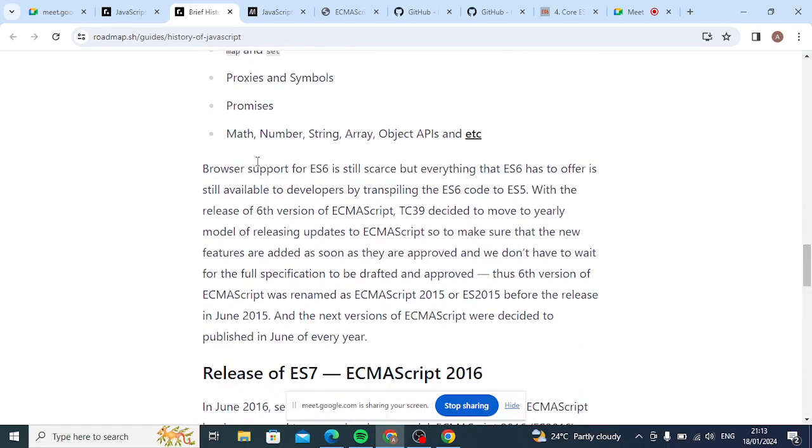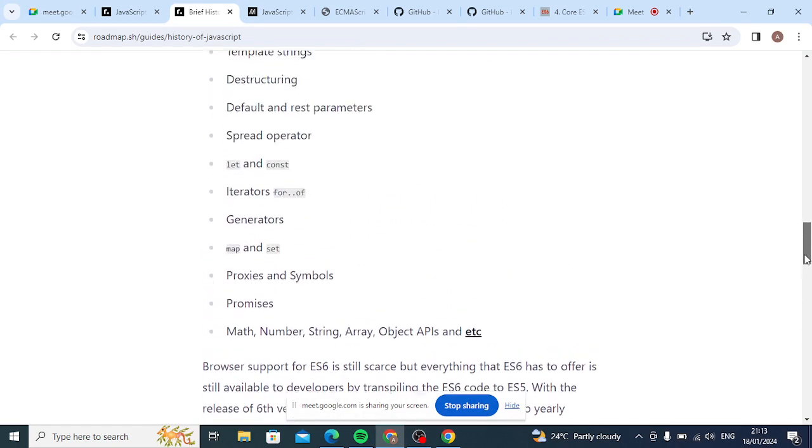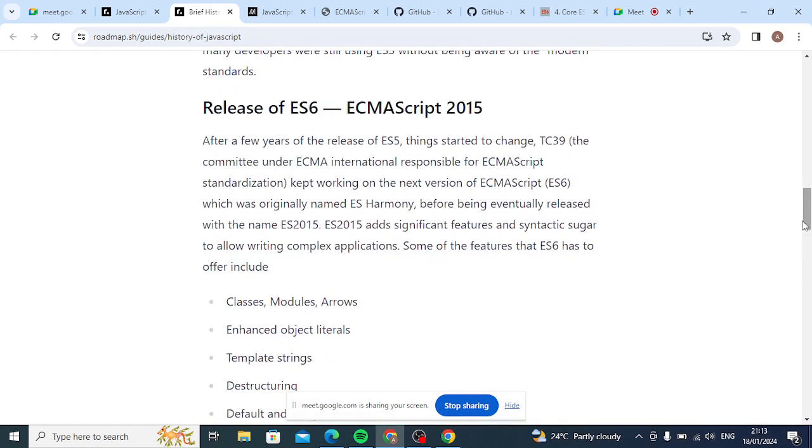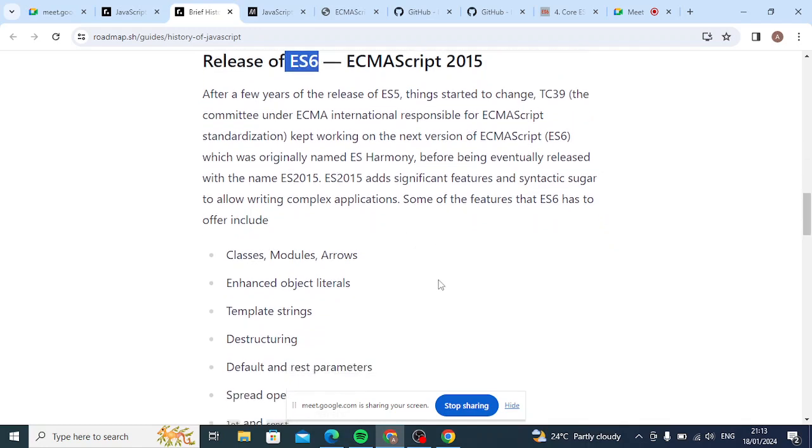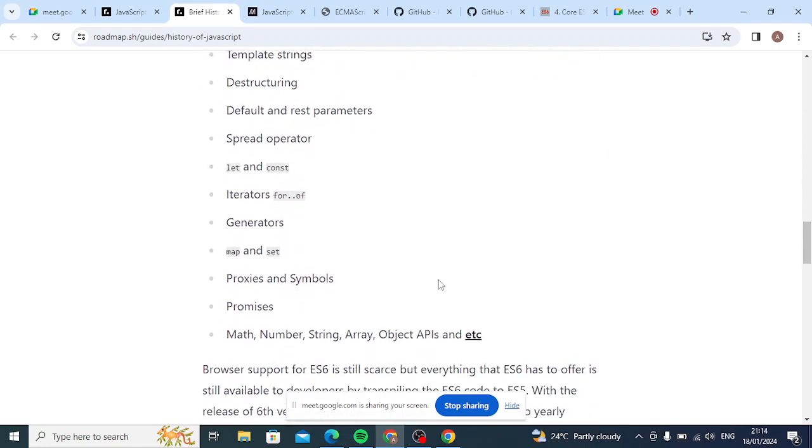And even today, though it was released in 2015, people will ask, do you know ES6? In the job requirement they will write, do you know these features? They don't just say JavaScript, they even mention this version of JavaScript. We will be studying all the features here, most of this.